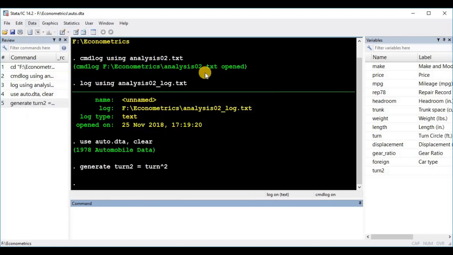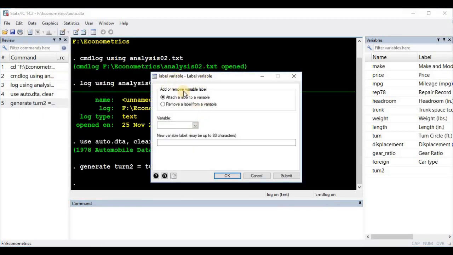So click on label variable and this label variable dialog box comes up, and here already it says attach a label to a variable. So let's keep it like that, and the variable to which we want to attach this new variable label is turn2. So bring that up here in the variable field and let's type the new variable label here, and this is square of